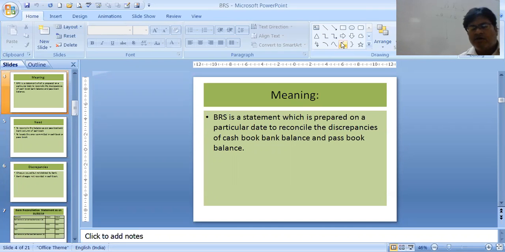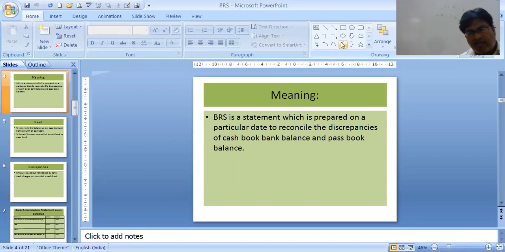That means you just understand in cash book we have double column, then we have bank column. In the bank column, one balance is shown. Suppose in the bank column, we are seeing that we have a balance of 2000 in our cash book bank column, a debit balance we have. But when the passbook is getting updated, it is showing a credit balance of only 1500. That means 500 rupees is somewhere not matching.